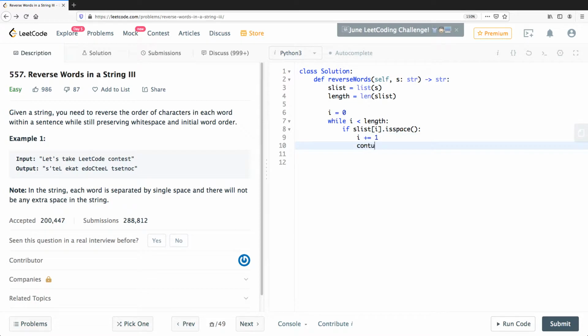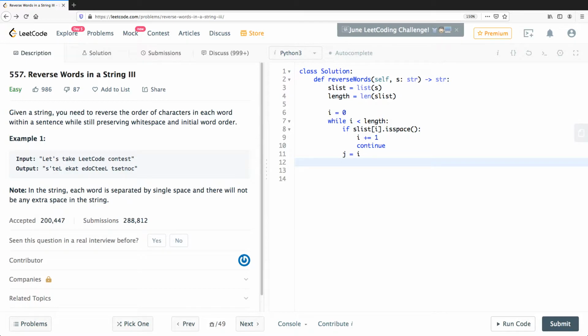How is that? So we always skip all the spaces,